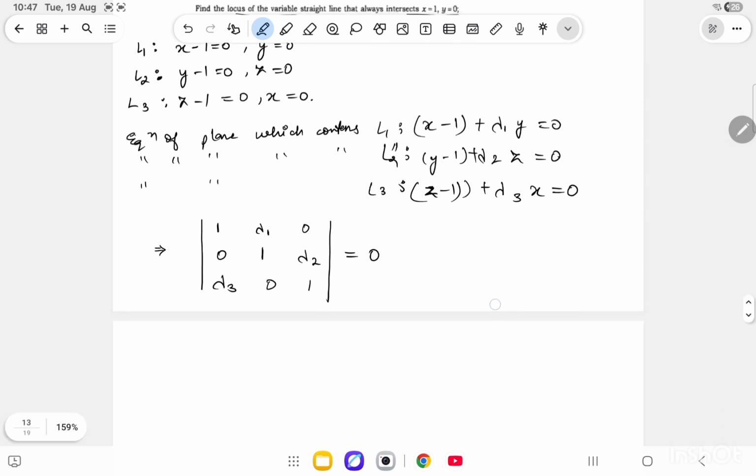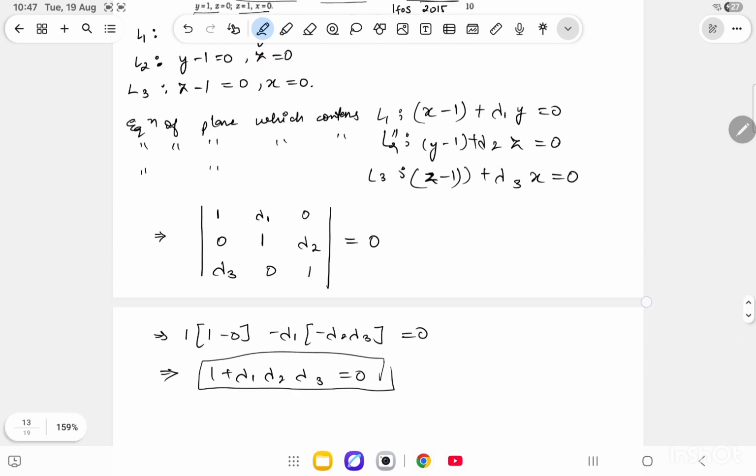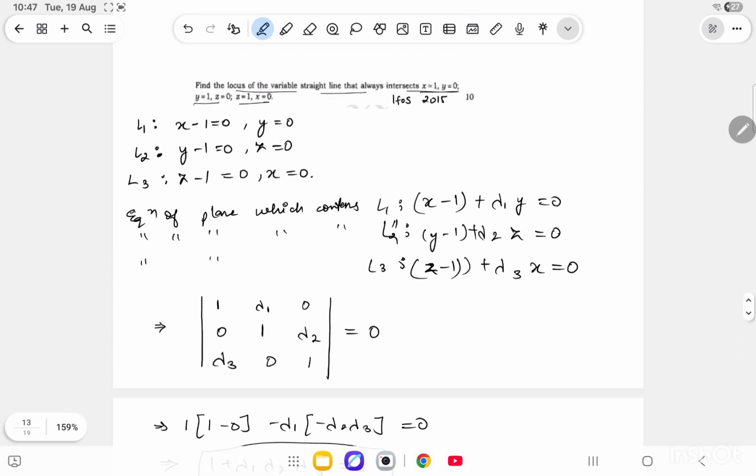So if we simplify this, we'll get 1 into 1 minus 0 minus lambda 1 into minus lambda 2 lambda 3 equals to 0. So we got a relation 1 plus lambda 1 lambda 2 lambda 3 equals to 0. So if this relation is satisfied, then our three equations of planes intersect at a